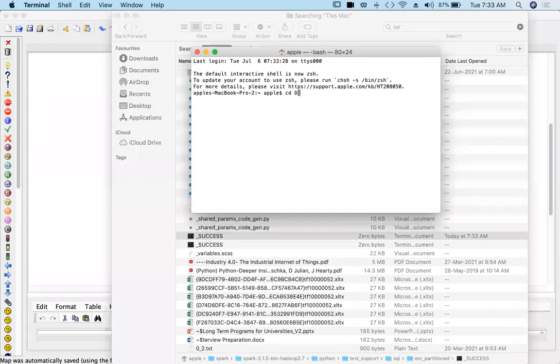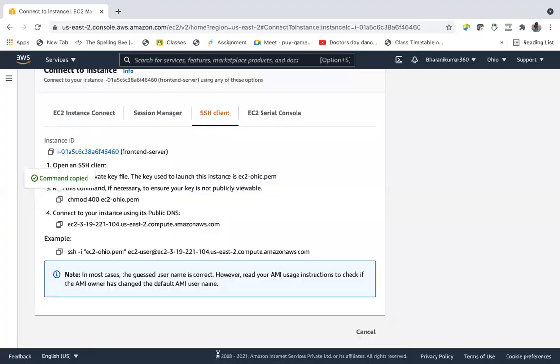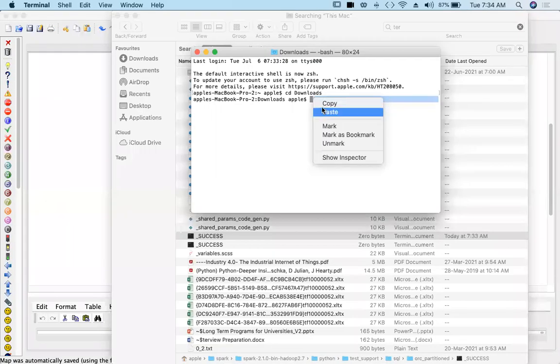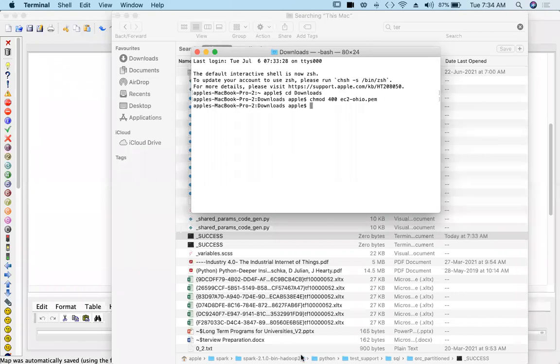First, I'll go to the downloads directory, and then the key pair. This is the key pair. And then SSH.